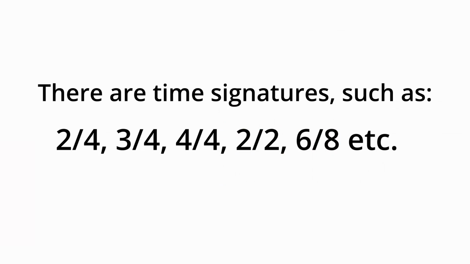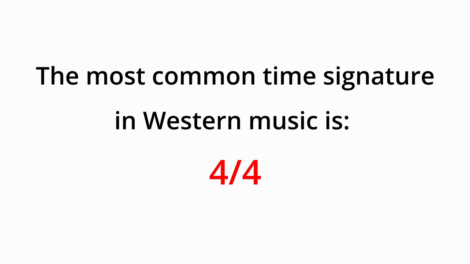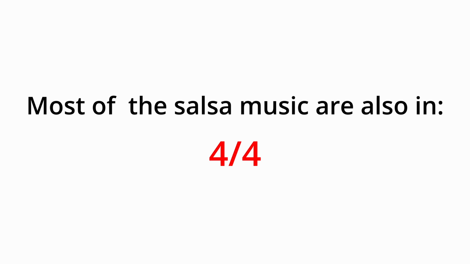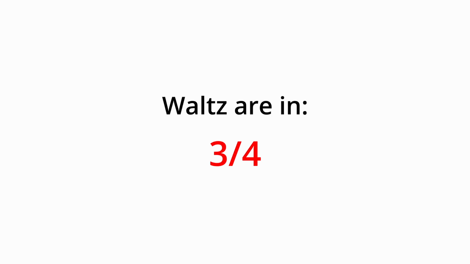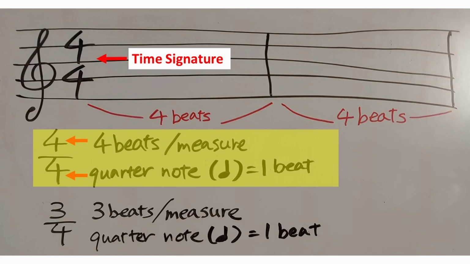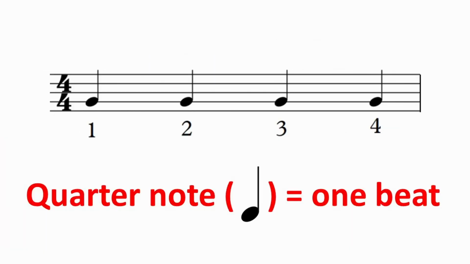There are different time signatures like 4/4, 3/4, or sometimes 2/2 or 6/8. But we barely use those for the music that you probably want to play. Most of them are 4/4. By the way, all the salsa is written in 4/4. Waltz is like 3/4. To demonstrate what 4/4 means, the beat goes like this: 1, 2, 3, 4, 1,